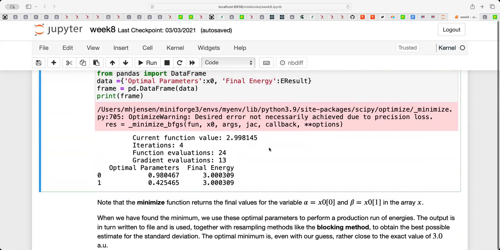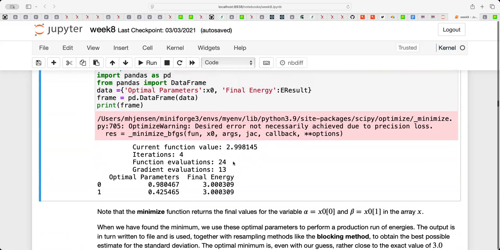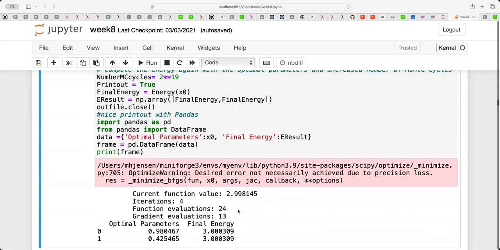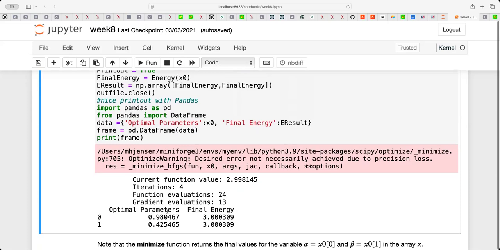So the calculation which you see here is me finding, after I've done the optimization, that it took, with the Broyden et al.'s method, 4 iterations. And then I run my big Monte Carlo machinery. And you see now that my final energy is pretty close, for this frequency equal to 1, to 3. And the exact value is actually 3.00.